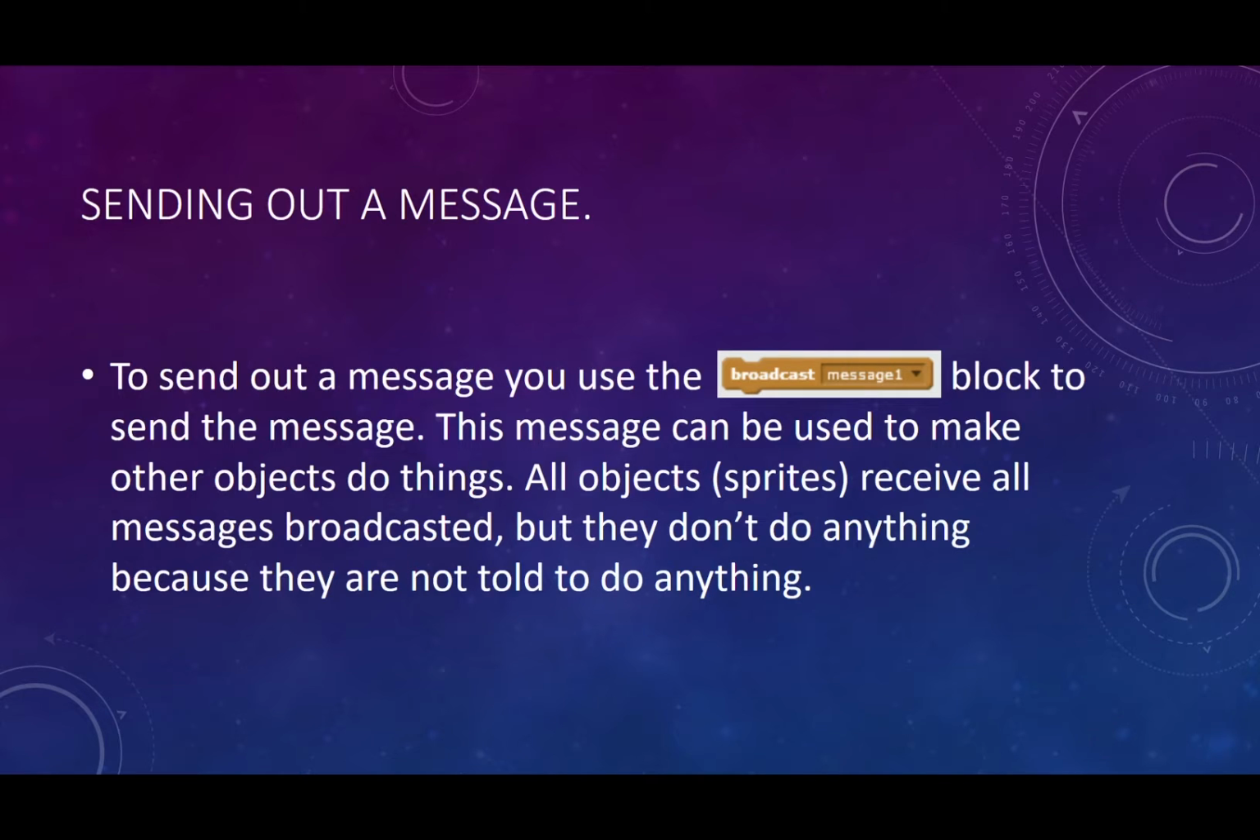Now, sending out a message. You would use the broadcast block in Scratch, which I will show you how to do in the next video. We will go over all this. It will be divided into a few different videos to make it a little less complicated and not as overwhelming. So you would use the broadcast, and then you would create your message. And what this block does is it tells the object that you are using to send this message. And once the object that message is sent to,